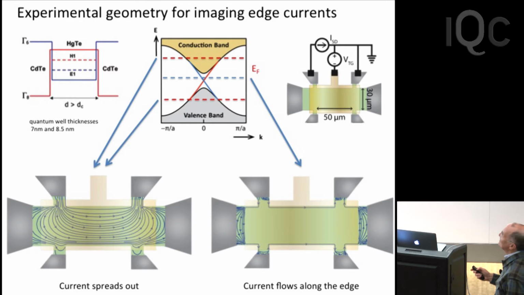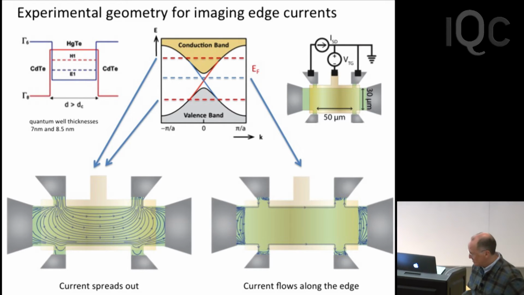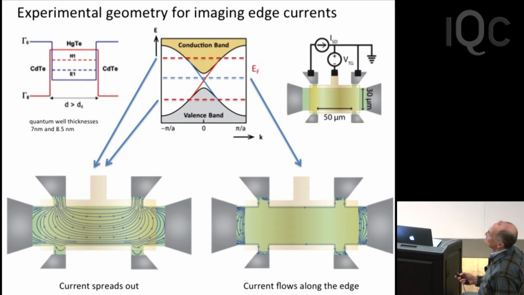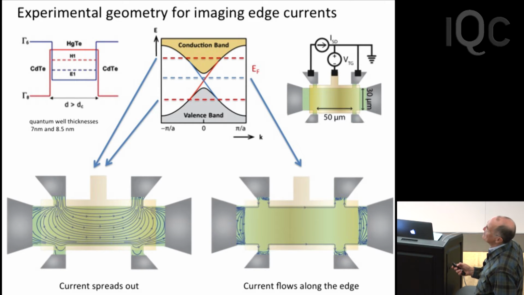The sample contacts are on the same side of the sample, so that Katja can bring in the SQUID from the other side and get it in there without running into the contacts. As you gate the sample, as you change the Fermi level relative to the band gap, what you find is that if the Fermi level is either in the valence band or in the conduction band, then the conductance through the Hall-bar is fairly standard. This is just a solution of Poisson's equation for a standard Hall-bar.